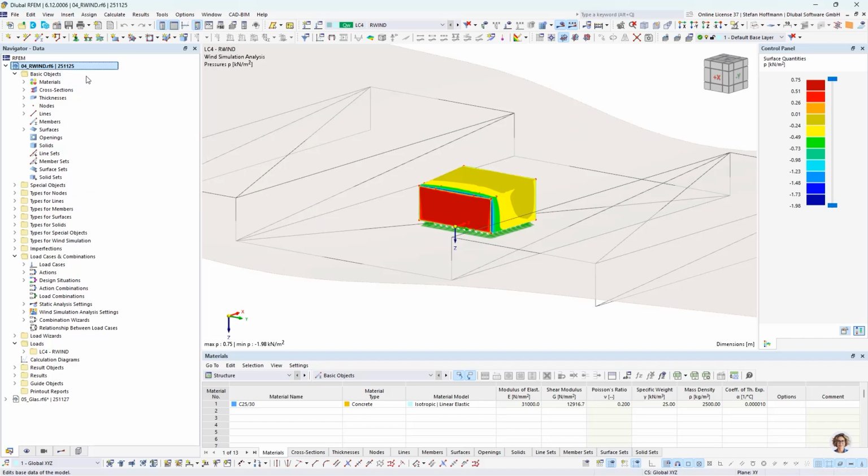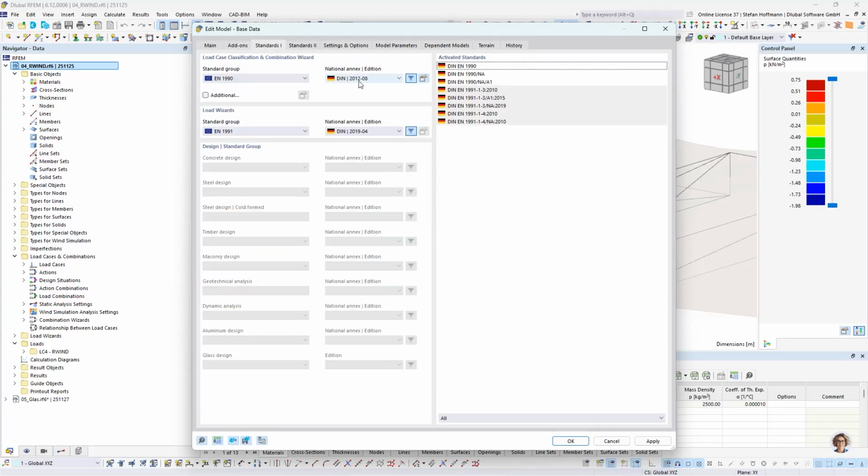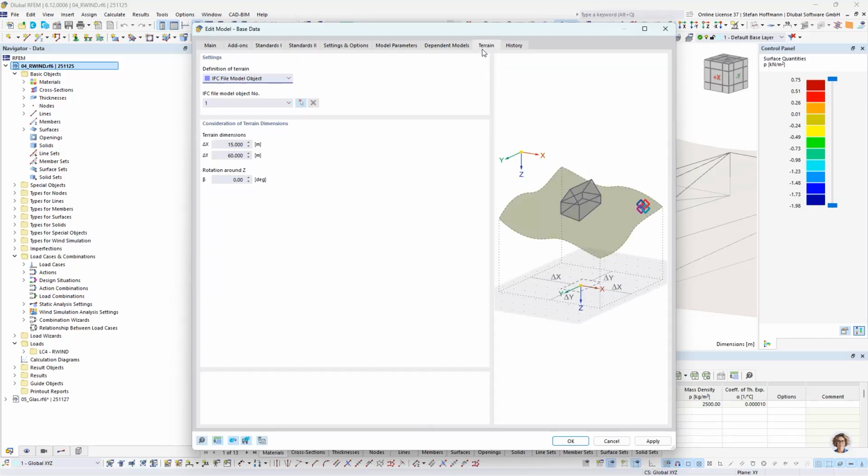Let's start with the basics. So usually at first you activate the add-on wind simulation, and you can choose the standard group for your wind profile in order to determine your automatic wind profile for your region. If you're already interested in adding a terrain to represent your location specific behavior of the wind, maybe by trees or some mountains, you can already activate a terrain in the base data terrain settings, and you can choose between no terrain, of course, a horizontal plane, an inclined plane,